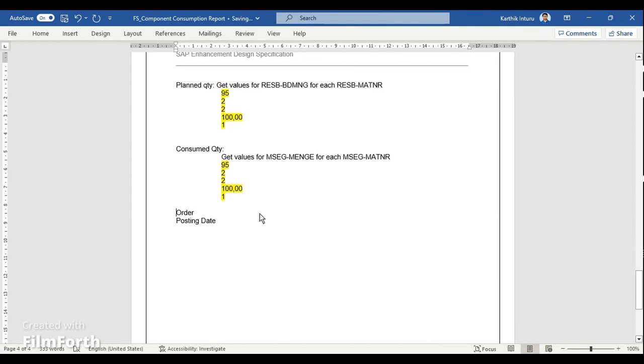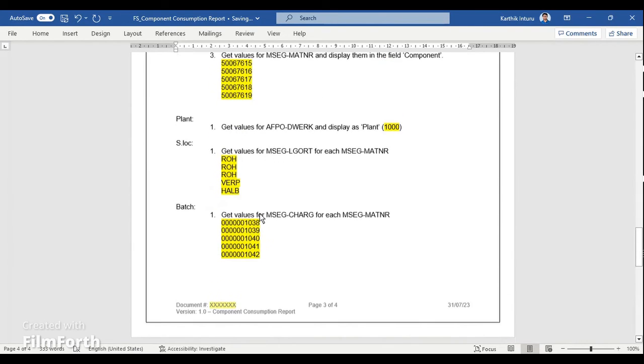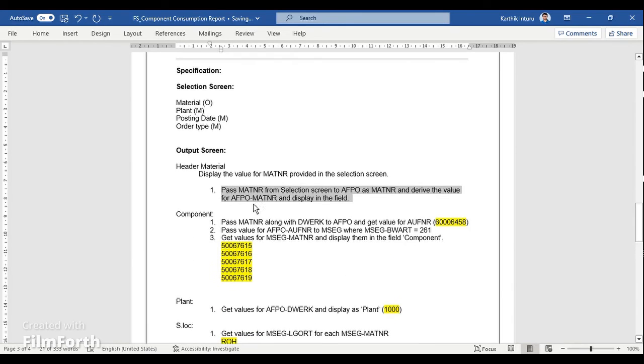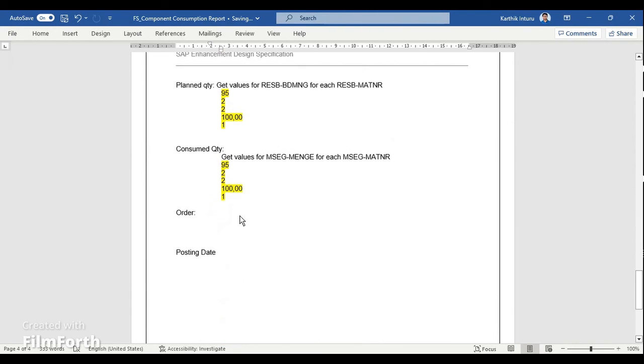And then the order. So the order number could be straightforward from the AFPO table, right? So here, since we already have the code, I can use the same. You're already passing this MATNR from the selection screen to AFPO, right? And then you are deriving the AFPO MATNR. So no need to write it again. So you can just write as